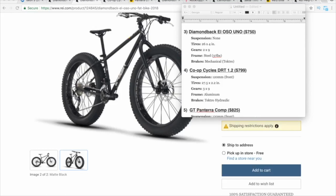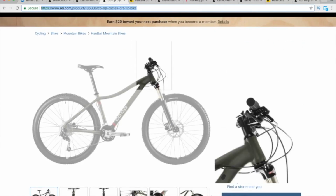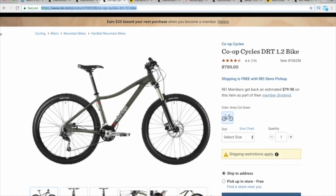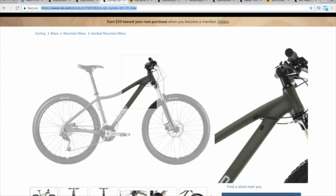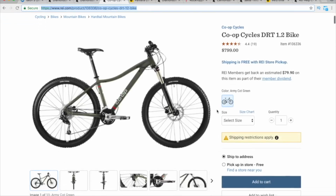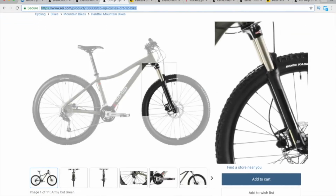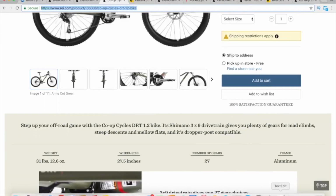Now this is REI's brand Co-op Cycles, okay, the DRT 1.2. All right, this is, like I said, REI actually makes their own bikes, and an awesome bike. I love the look of these bikes. I love this top tube right up here that runs on the main frame. Its curvature, I love that look. And I don't know, I just think this is an all-around good-looking bike